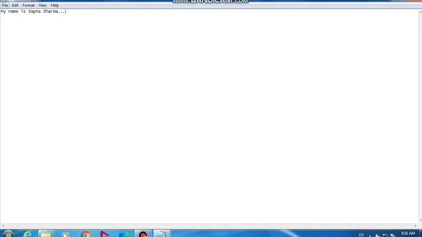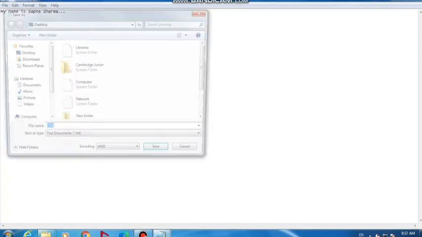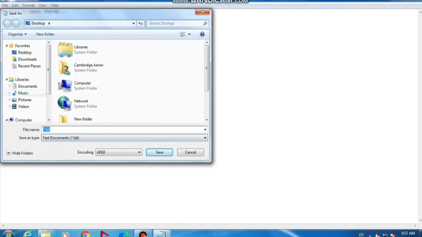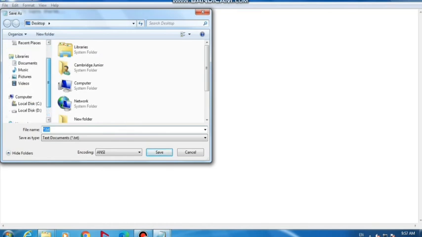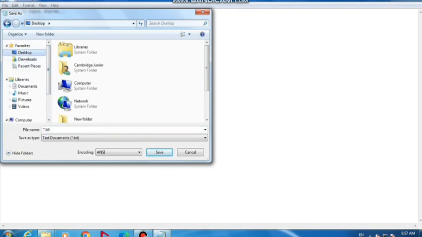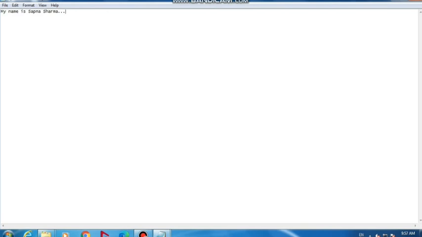After finishing the work in Notepad, we should save our text for future use also. Now for saving our text, follow the steps. First of all, click on the File menu. Then the File menu will appear. Then click on Save. The Save As dialog box will appear. Now choose the location where you want to save your file. Type a name for the file in this area. Now click on the Save button.